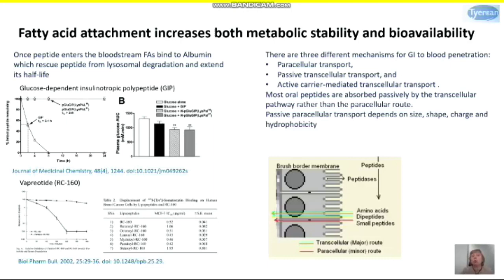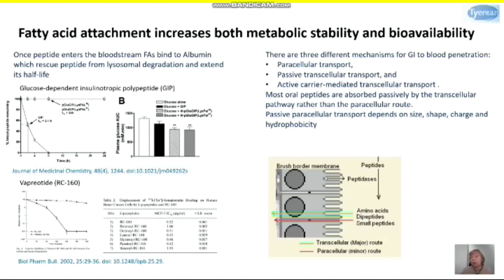Quite a similar approach, attachment of fatty acid. Fatty acid can increase metabolic stability the same way as PEG does. In addition, once in plasma, fatty acid can bind to albumin, and in this way the peptide can be rescued from lysosomal degradation, and its half-life time can be increased. And